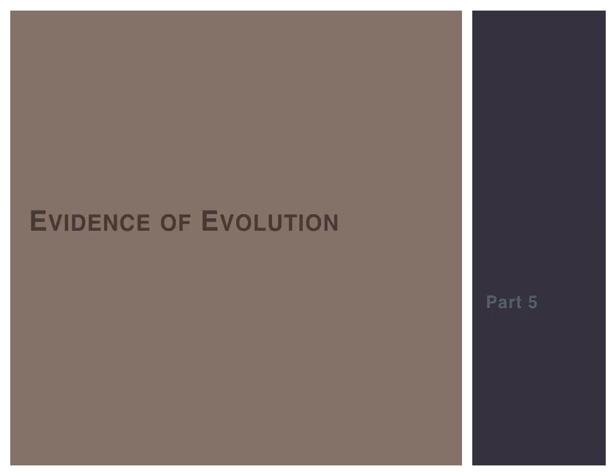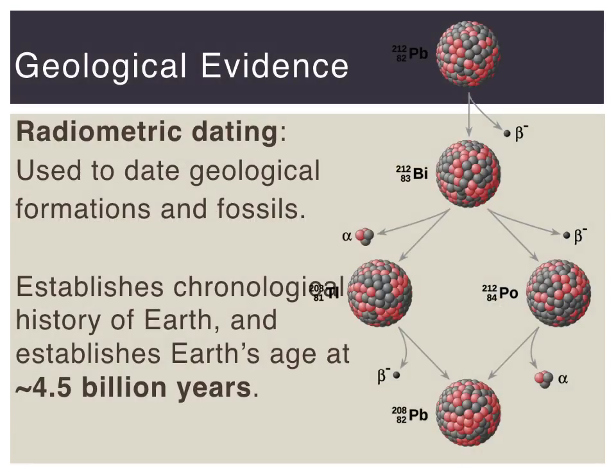Part 5 of our videos on evolution deals with the evidence of evolution, and this is basically the point that biological evidence is supported by scientific evidence from many different disciplines, including mathematics. We have geological evidence. We can look at rocks and use radiometric dating to date geological formations and fossils. This has established a chronological history of Earth and given us a general gauge for the age of the Earth, which we estimate to be about 4.5 billion years